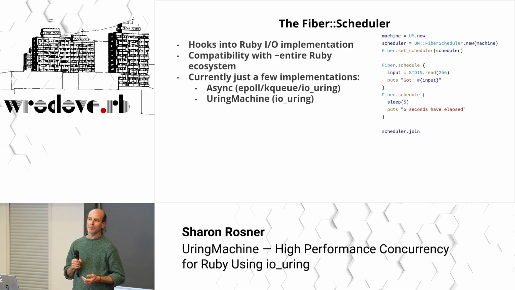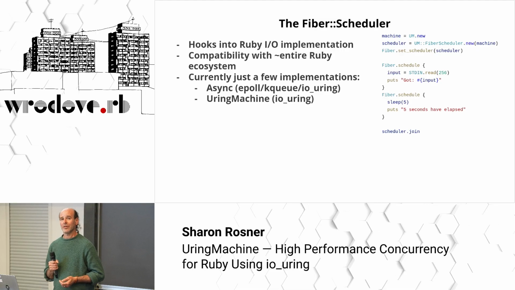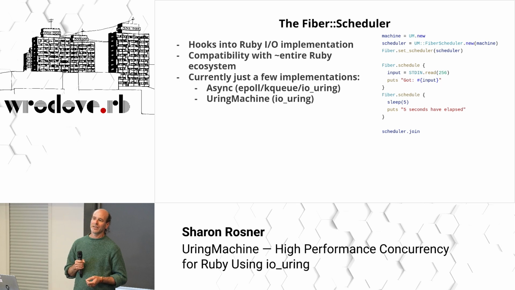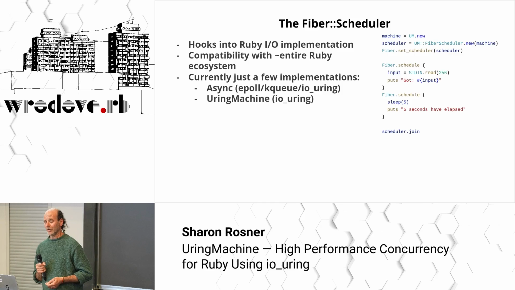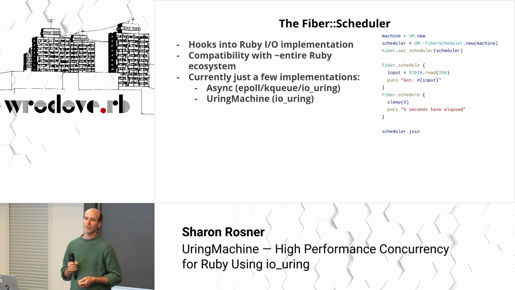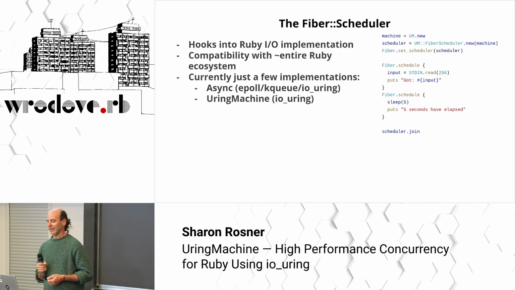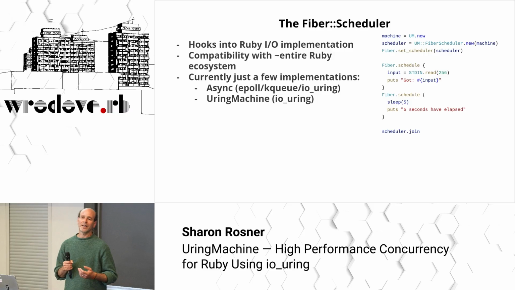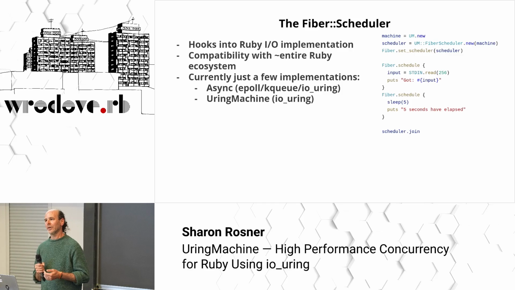Another feature that UringMachine has is a fiber scheduler implementation. The fiber scheduler interface was introduced to Ruby in version 3.0, I believe, by Samuel Williams. He's the guy behind a lot of the work on fibers in Ruby in the last 2 years. And the idea of the fiber scheduler interface is to provide hooks in the Ruby I/O implementation such that in